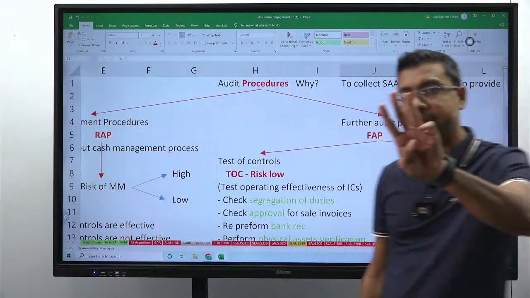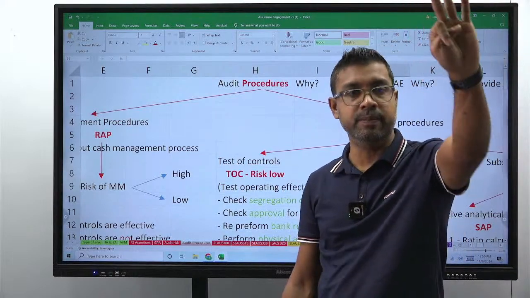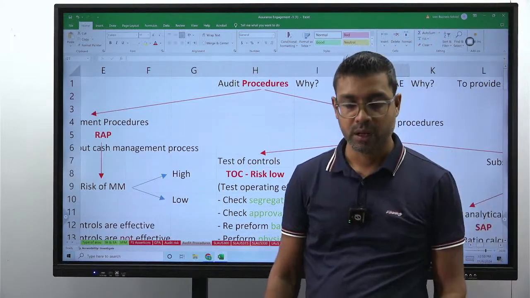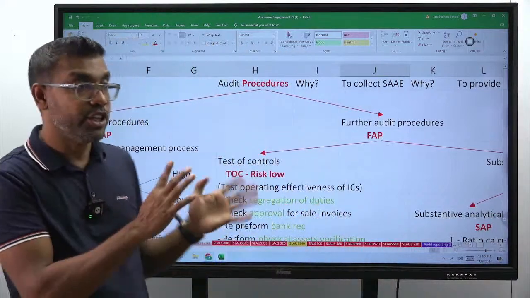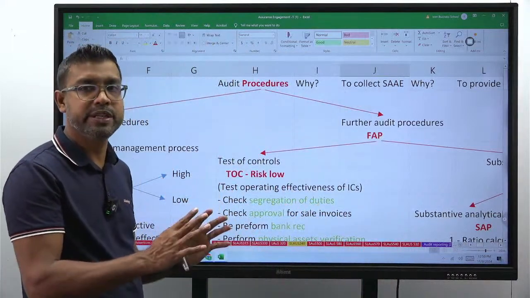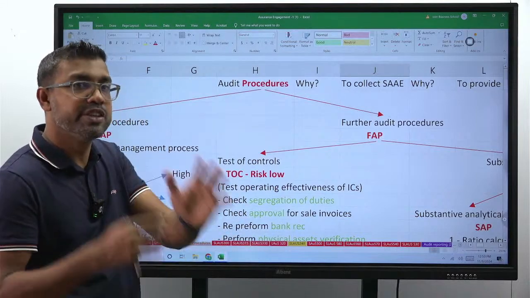Now three topics I completed: financial statement assertions, audit risk, and audit procedures. In the audit procedures chapter, what did we discuss? SLS 315 risk assessment procedure, and how you respond to that risk by using further audit procedures, which is